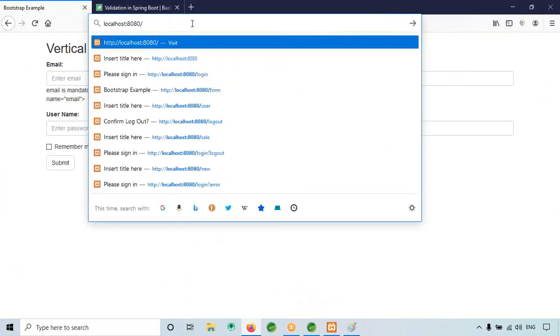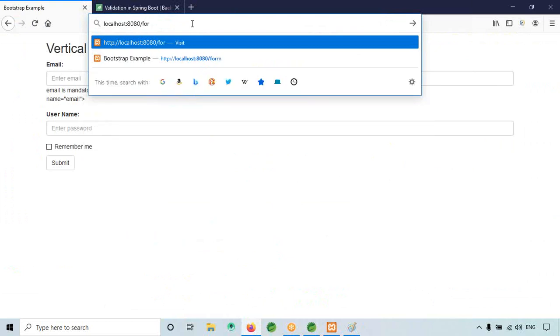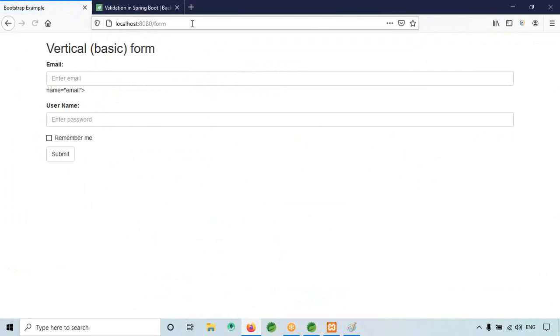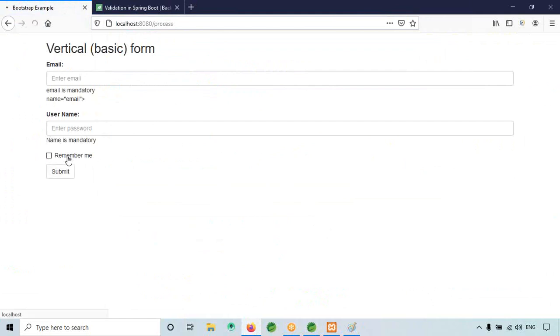Okay, slash form. Okay, see when I click the submit button, email is mandatory, name is mandatory. Okay, so now the server validations are working fine.